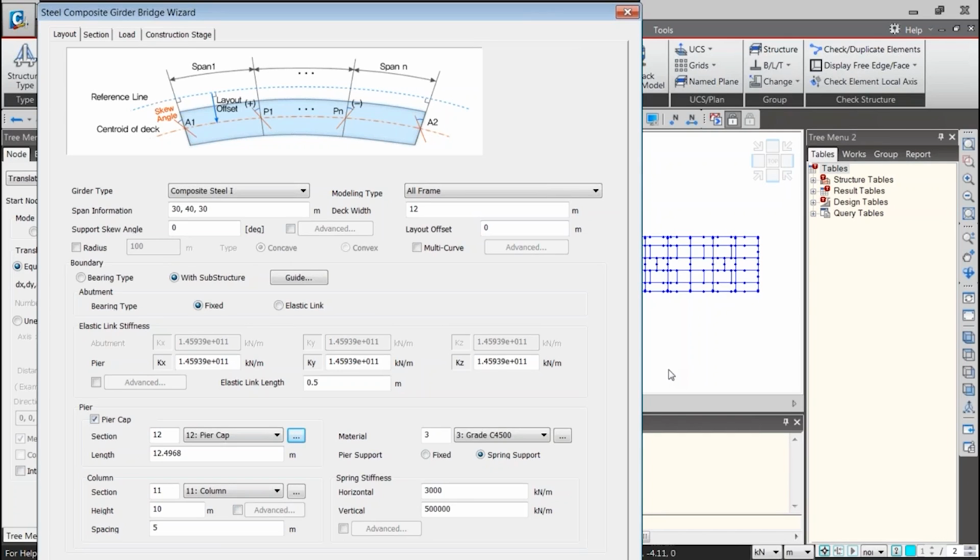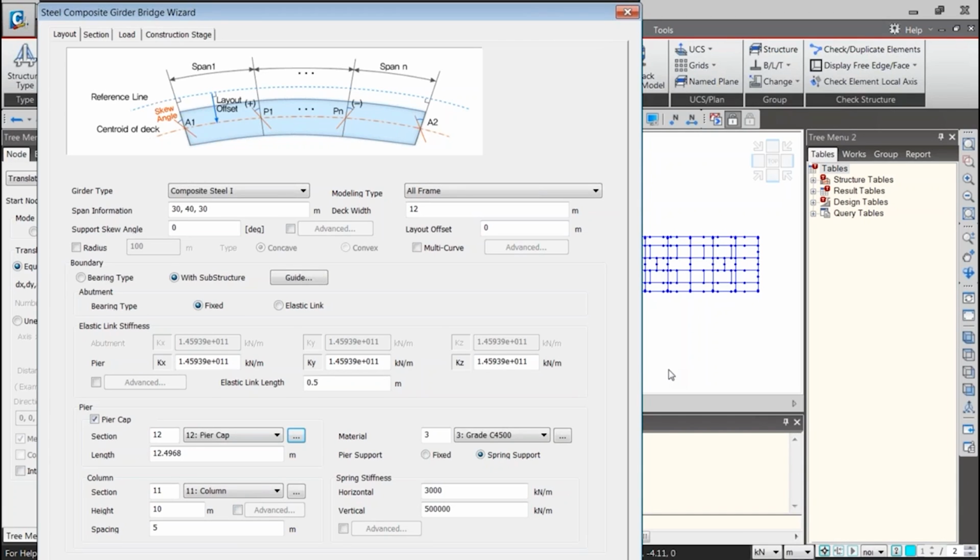Users tend to make that mistake usually: you delete the elements but you have not deleted the groups. In that case, the wizard will identify that the groups have already been defined, and you need to delete everything, the groups, the construction stage analysis data, loading values and everything, for the wizard to rerun successfully. And then you can open a new file and import section and material properties from the previously saved wizard as well.